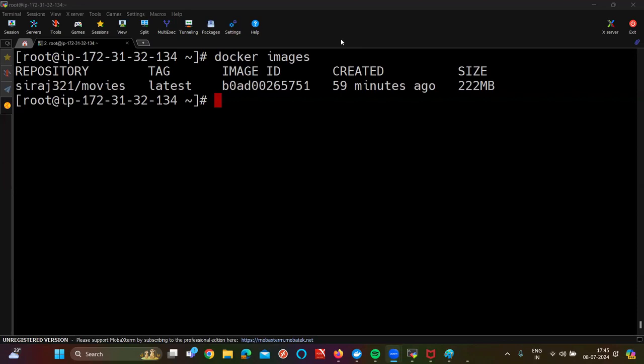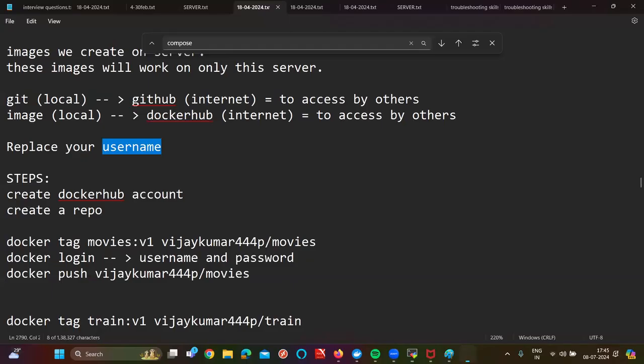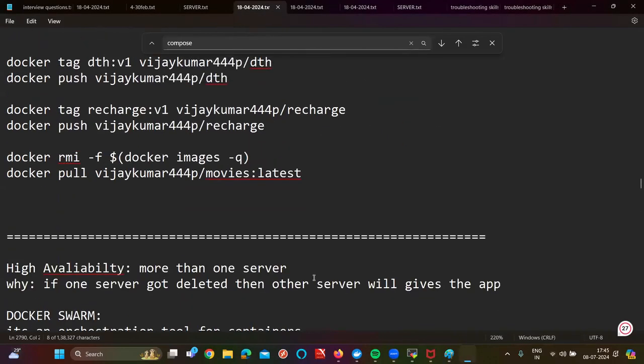Yep, it's clear. And one more thing, Docker Hub can also be called Docker Registry. So in an interview, if somebody asks you about Docker Hub or Docker Registry, the answer is one. Okay, fine. And the last concept is not a part of your syllabus, but I'll tell you for your clarity